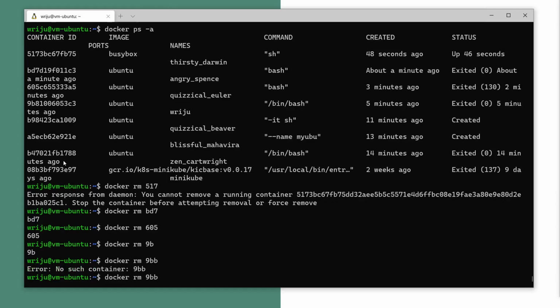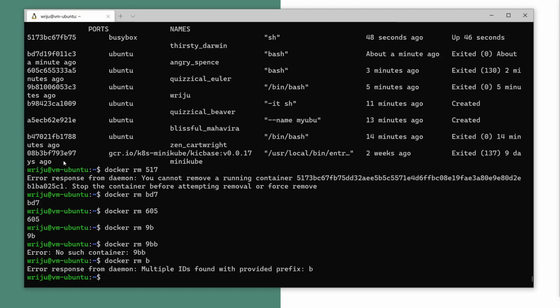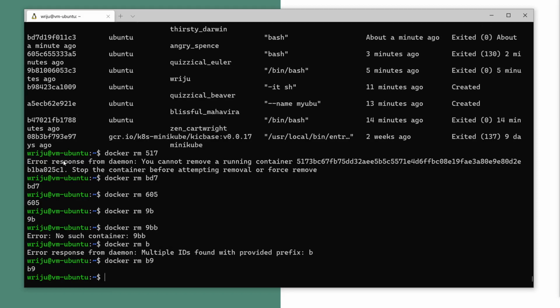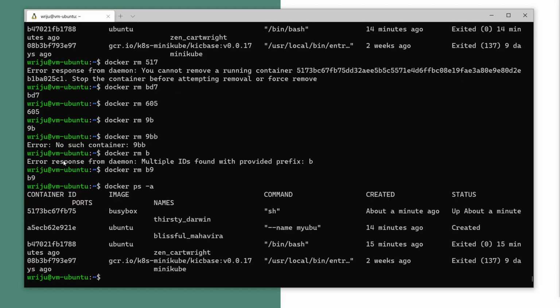You can see that there is a conflict with b, right? So there are multiple containers, so I need to identify again with b9, not b4. So I will delete b9. So it will delete that. So I'll say docker ps minus a, and it shows you that now we have got docker rm b4